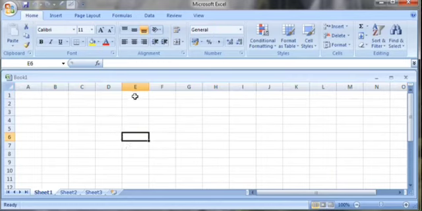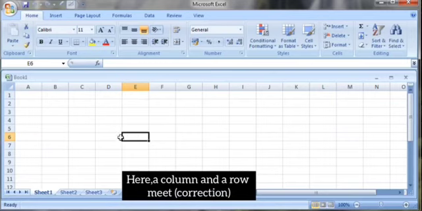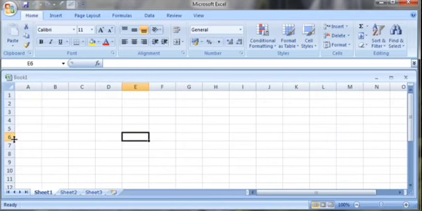Here, a column and a row meet. Here column E and row 6 intersect each other and it forms a grid or cell. So a cell can be defined as an intersection of a row and column.